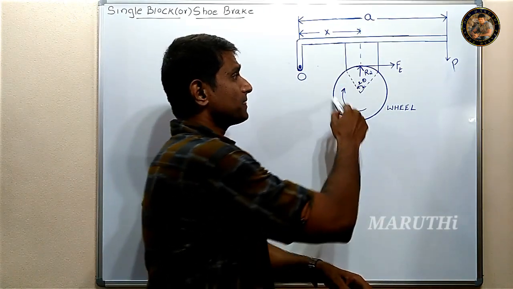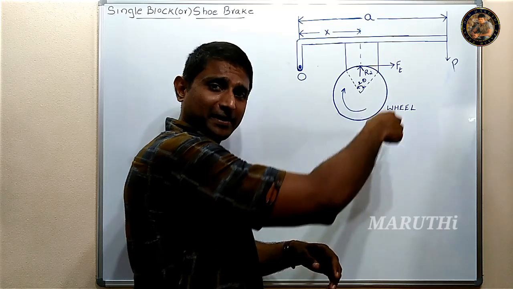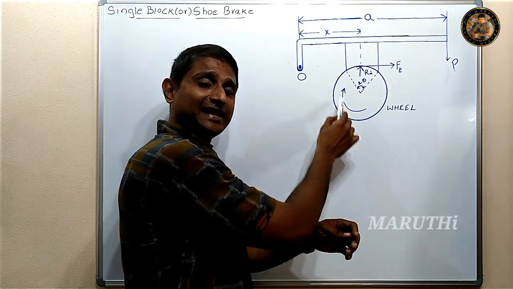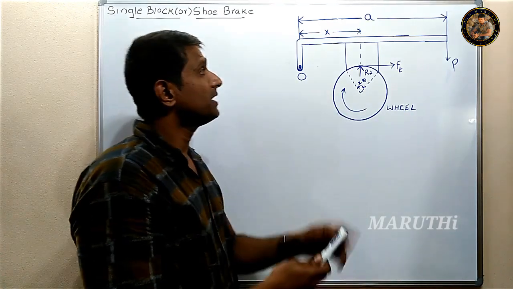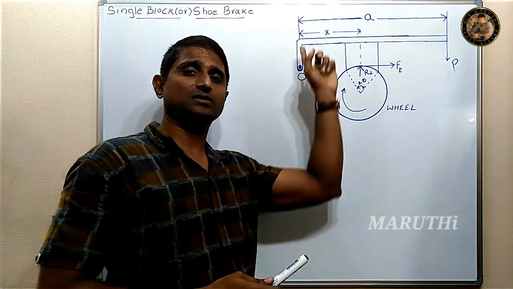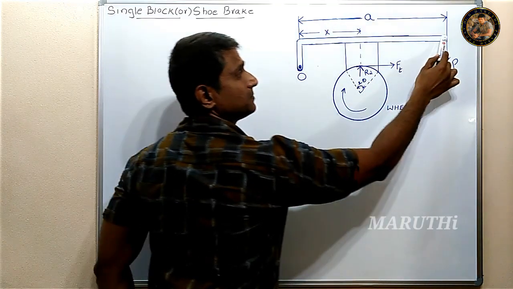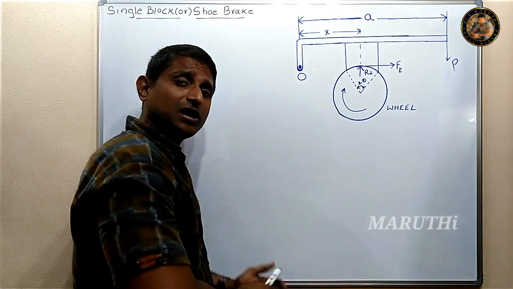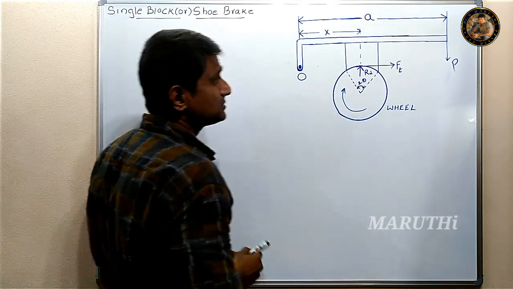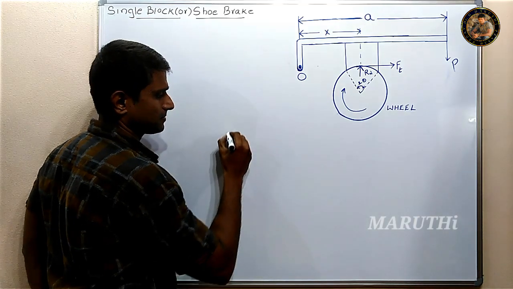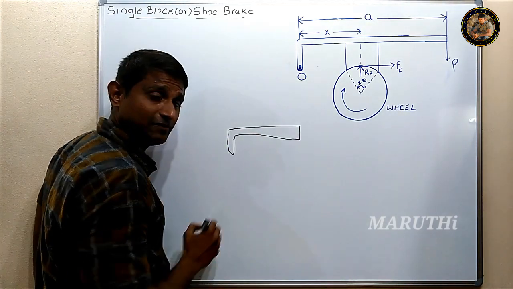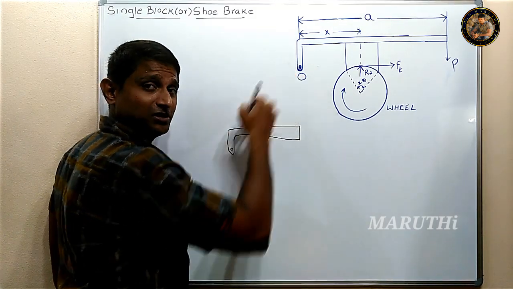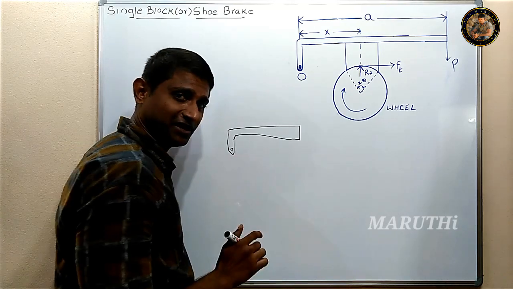Have a look at this one. This circular part is a brake drum. Here in this case I have taken the brake drum rotating in clockwise direction. This is the direction represented, clockwise rotation, and here we can see one lever, this one arm link. This is called a lever. It is pivoted here, so one end is pivoted, and the other end is free.